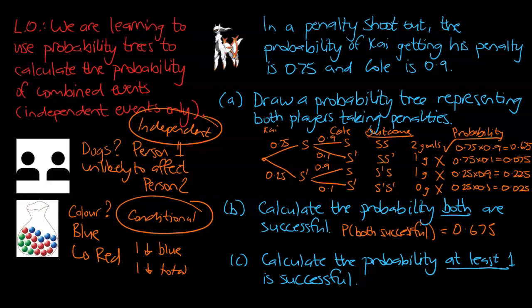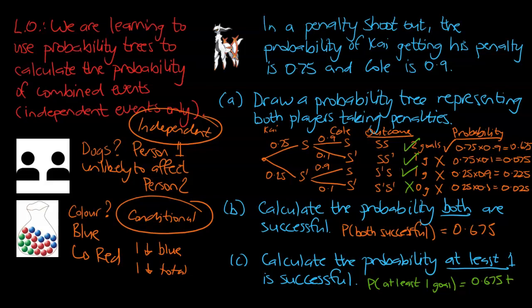Question, I've gone into the green pen now. Calculate the probability of at least 1 successful. So probability at least 1 goal. And this one here, if you have a look at our scenarios, at least 1 goal, that's a yes, that's a yes, that's a yes. In this case here, that's a no. When you have multiple ticks, all you've got to do is add them up. So in our case,